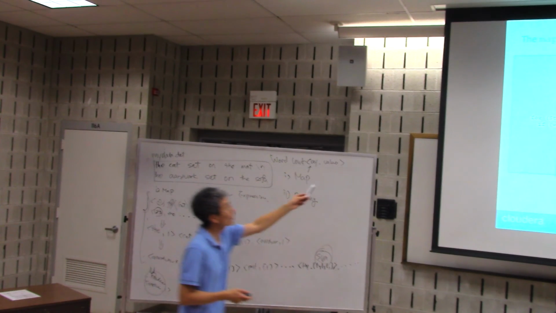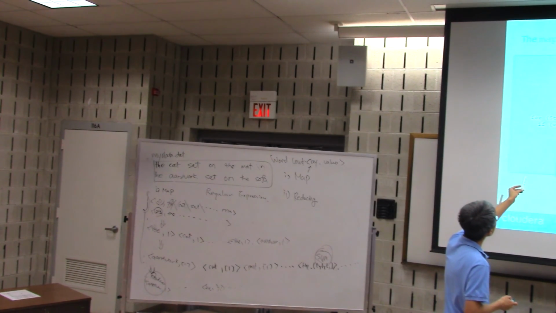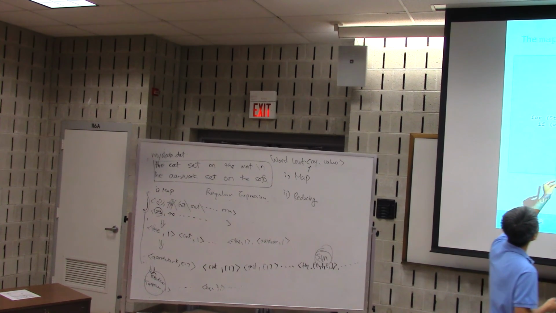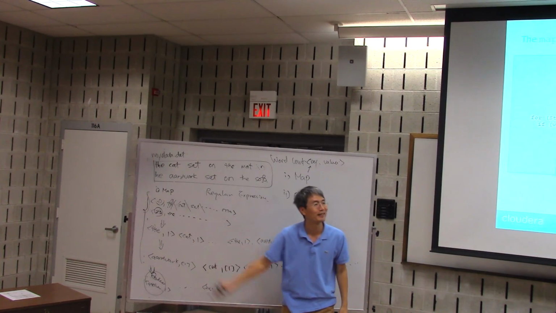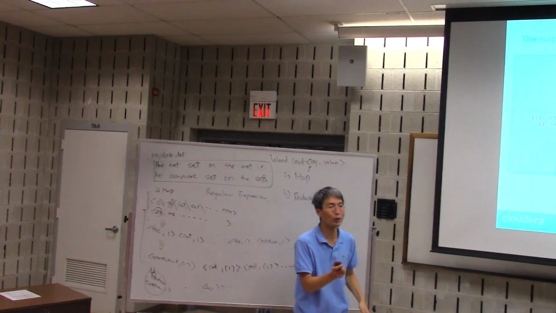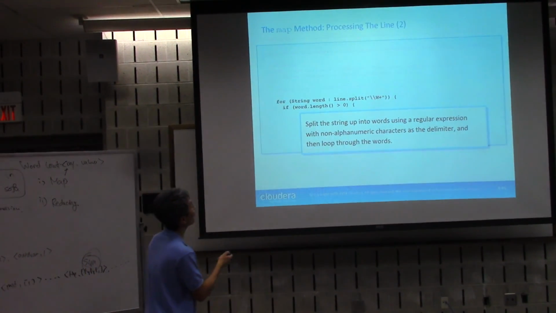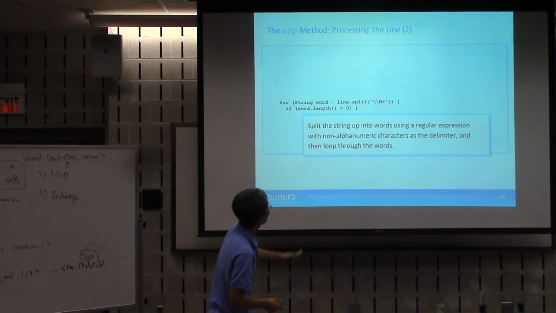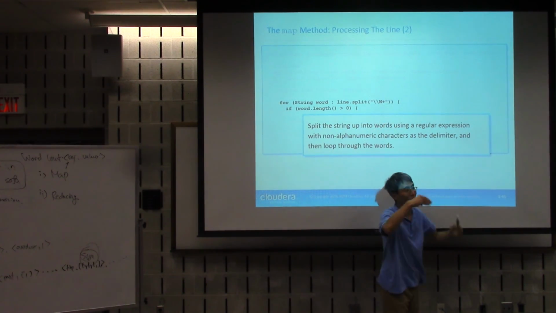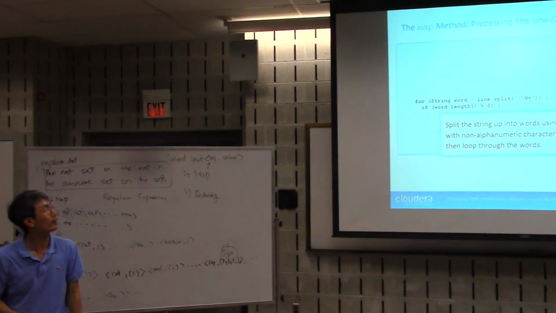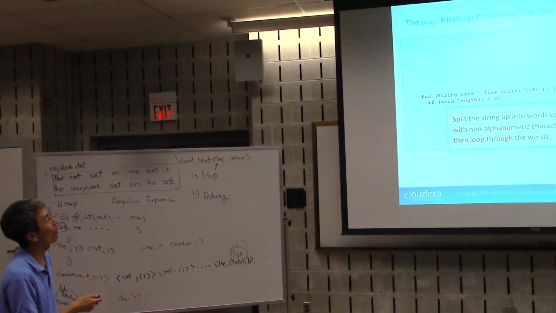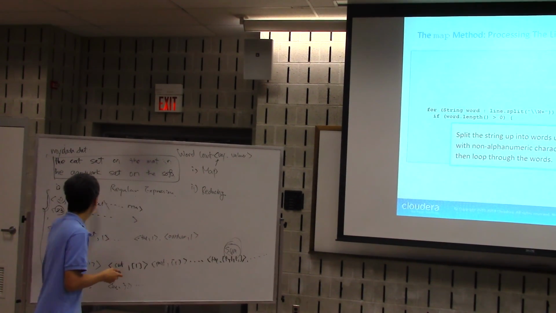Then for each word, string word. How can you get the word? You can split the line. This is a regular expression. Otherwise, if you do not know regular expressions, you need to implement it by yourself, and it takes a lot of time. But if you know the regular expression, it's very simple, just one line. It's a split by \\W, meaning word, so it automatically considers space as the delimiter. Then at the end of the line, word by word, you